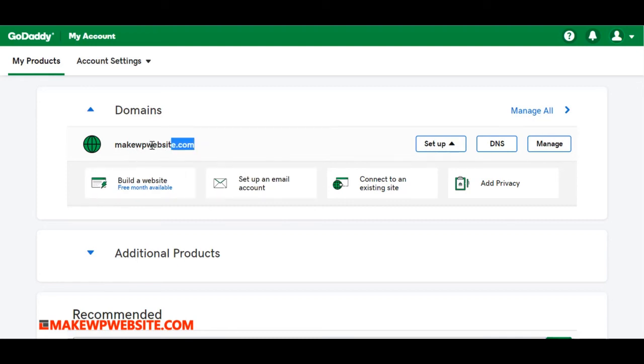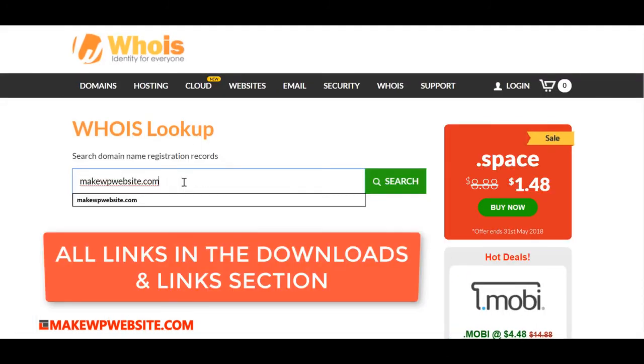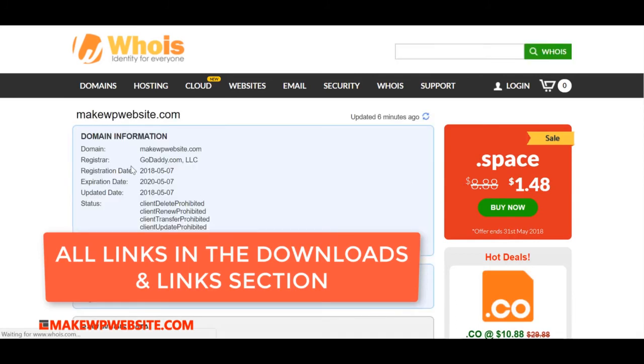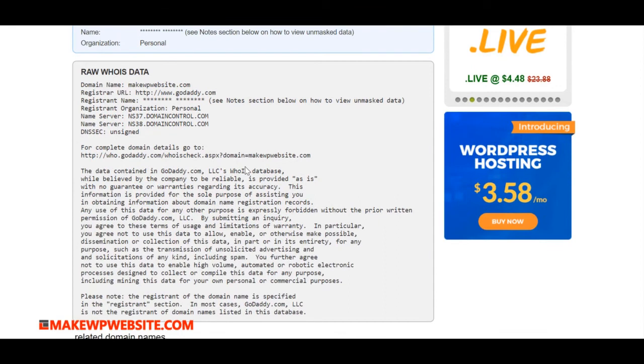The first thing we will check is whether this is registered properly under our name. So copy this, go to whois.com and you can enter your domain name here. It's saying that it's registered by GoDaddy, with the registered date and expiry date, so it's 2022 years from now, and it doesn't tell you the technical details like who is the registered user and what is his email address. To see this you need to go to who.godaddy.com. So let's do that.